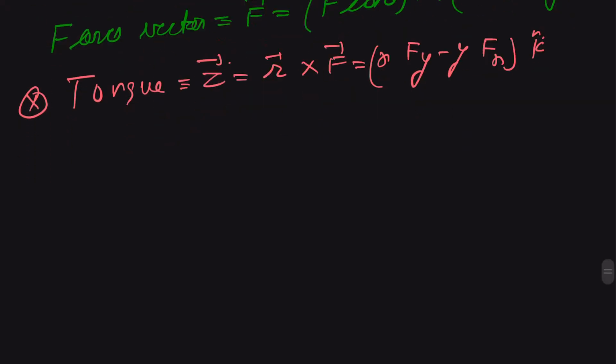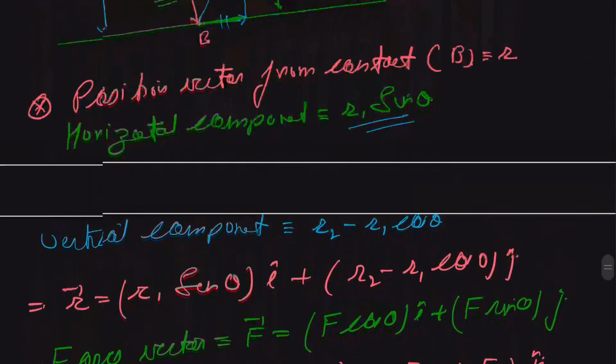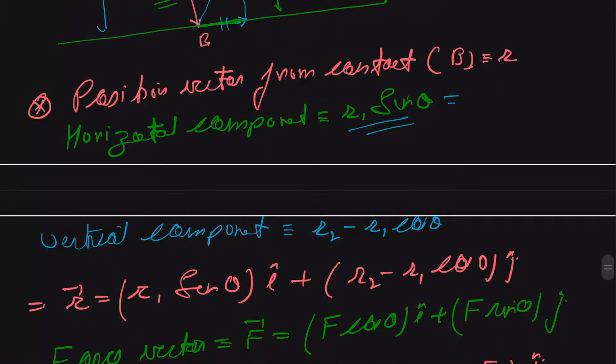Okay, we already know our x and y. We substitute them, so we get torque is equal to our x, which is r1 sine of theta. X is our horizontal component, so this is our x and this is our y,